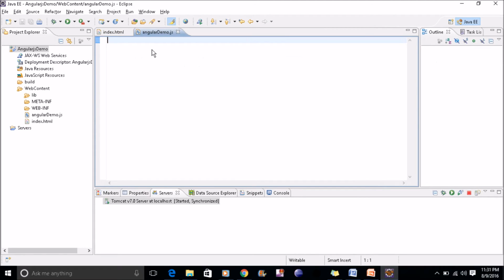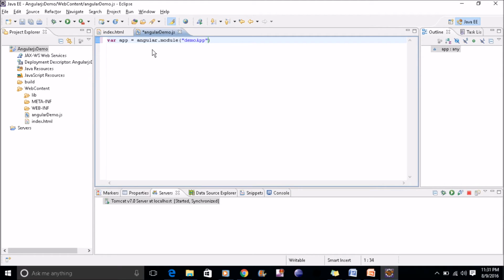So I'll write my JS file. I'll create the module. For that I'll write var app equal to angular dot module, and then demo app, I'm giving this name.